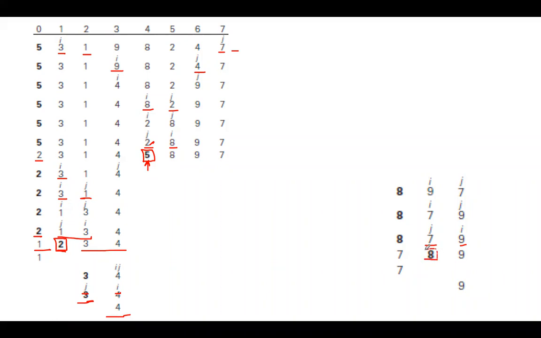Okay, so here partitioning is over with the help of 8, and we'll come to this. Only one element is left, so keep as it is. Here also only one element is left. Keep it as it is in the array. So finally, array will be sorted 1, 2, 3, 4, 5, 7, 8, 9. Is it clear? So this is quick sort.